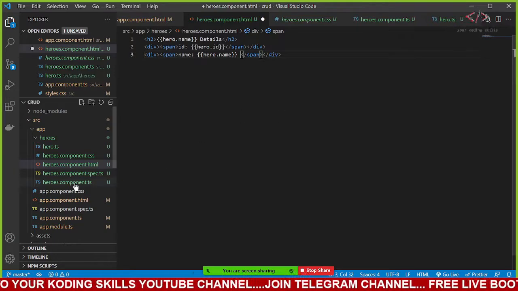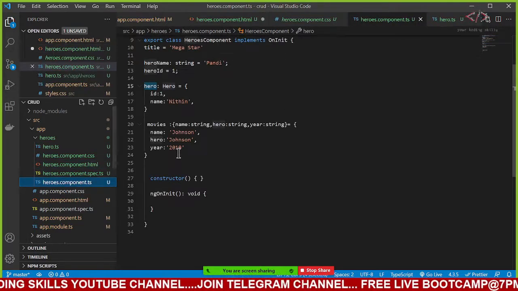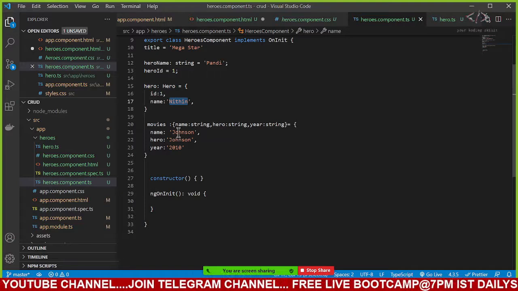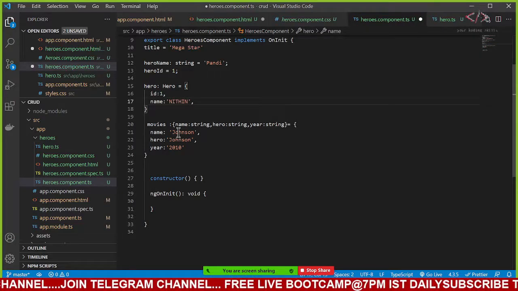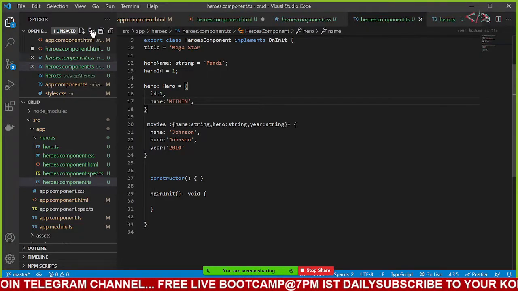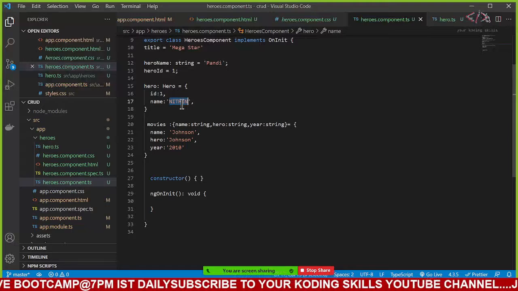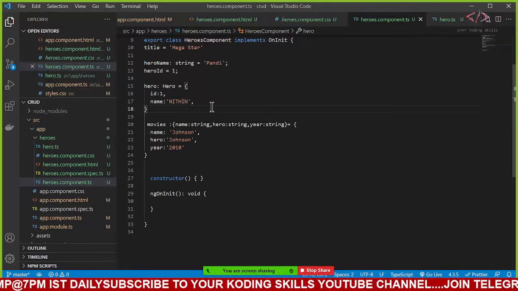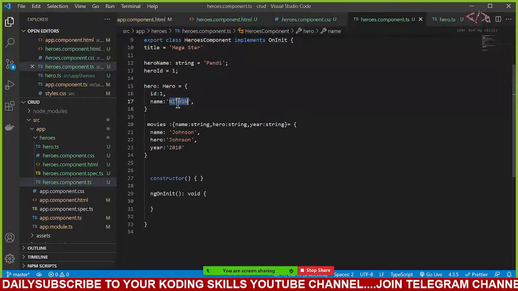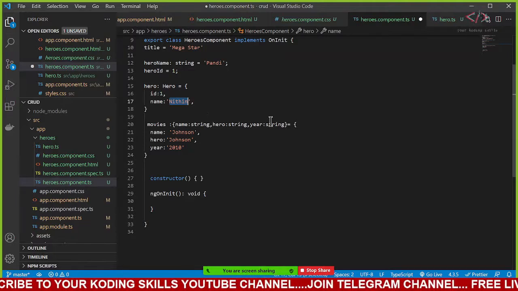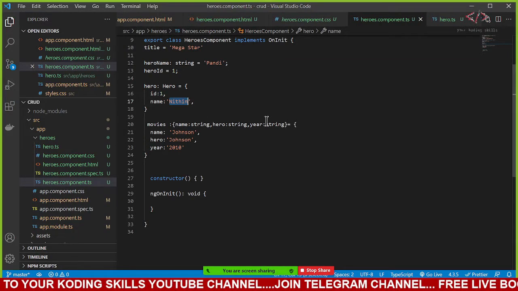Or the very intelligent, smart people, what they will do, they'll go inside and type this Nitin in capital letters. But in that situation you always need to think that from the back end, whether they will give this in small letters or big letters, we don't know. Whether you get big letters or small letters, your UI should always show capital.